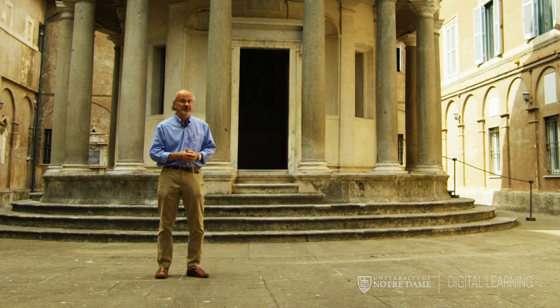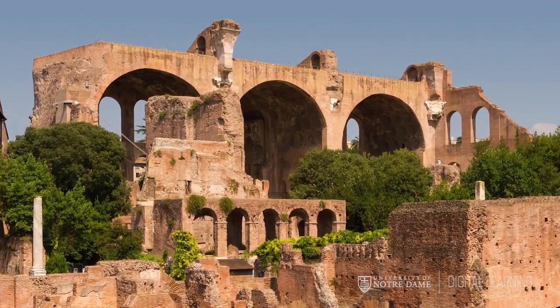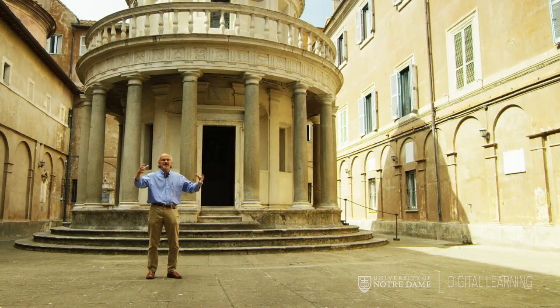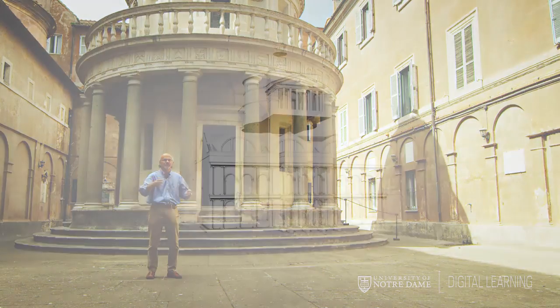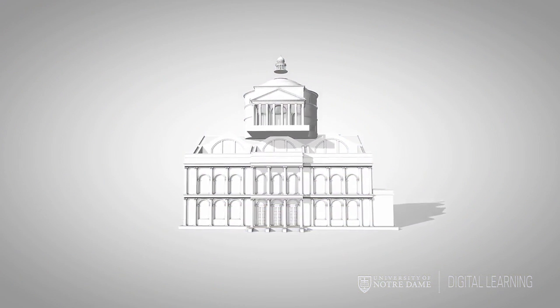he's charged by Pope Julius II with building a new St. Peter's. And Bramante has apparently described his project for St. Peter's as putting the Pantheon on top of what he called the Temple of Peace, which was in fact the Basilica of Maxentius and Constantine. So Bramante's idea for the new St. Peter's was essentially assembling a new building out of the two best buildings from the ancient world that had survived in Rome. He was going to put the Pantheon on top of the best Roman basilica.